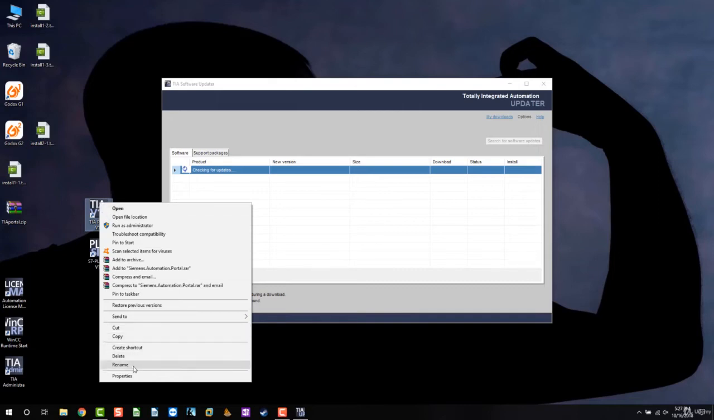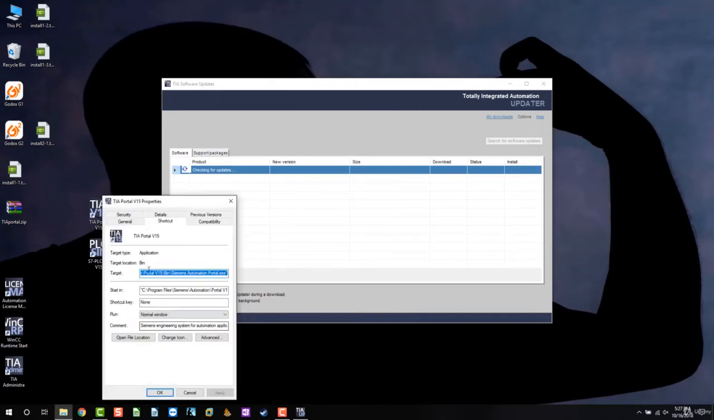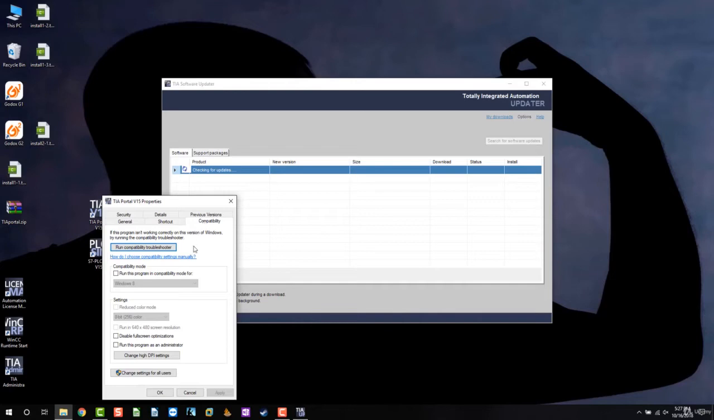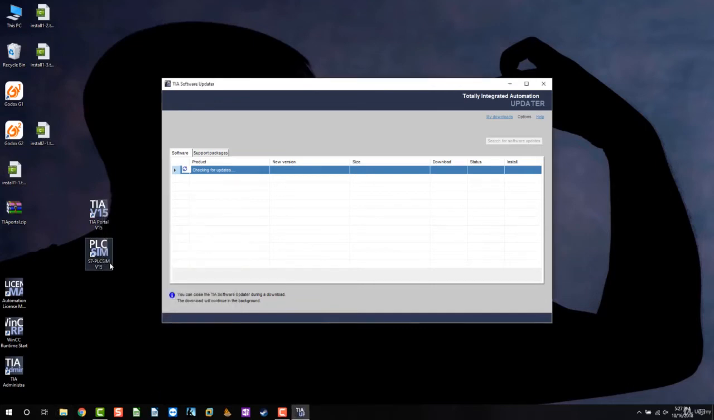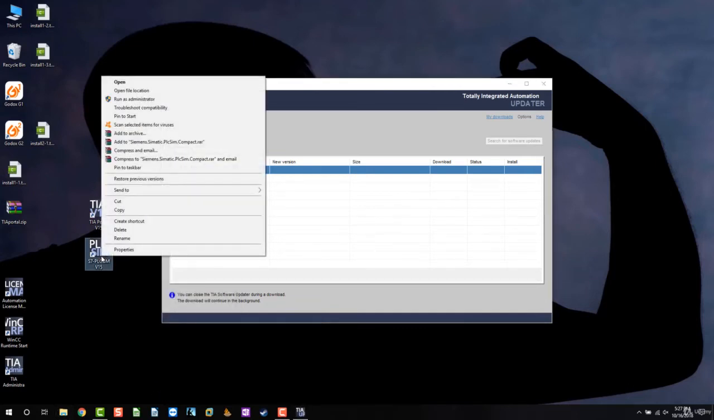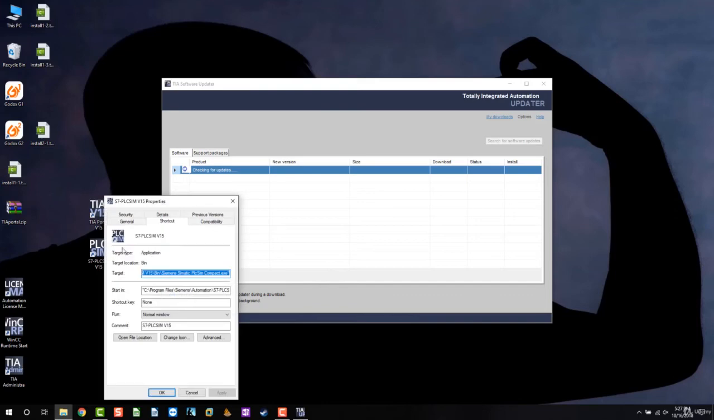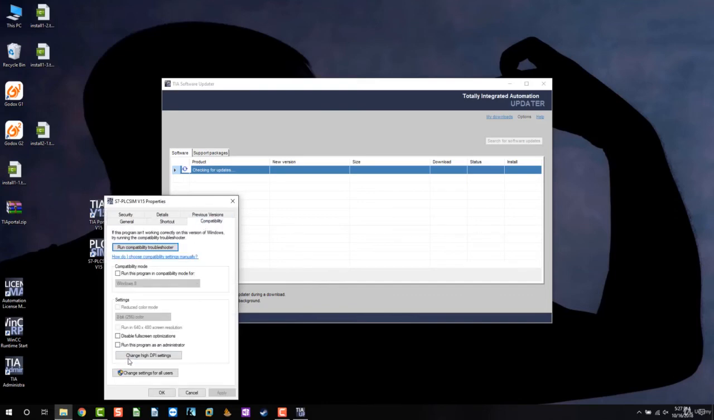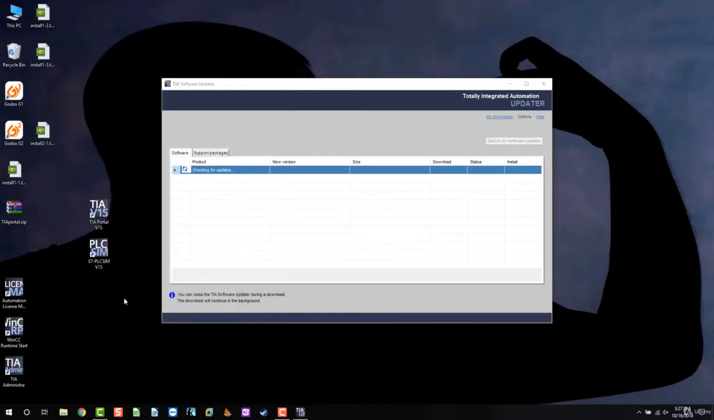Meanwhile, take a look at these icons right here. I'm going to right click these, go into properties, come down here, and under compatibility, run this program as an administrator. And I did that for TIA Portal V15. I'm also going to do that for our S7 PLCSIM. So compatibility, run as an administrator. Okay, now anytime I click on these icons, these are always going to run as an administrator,